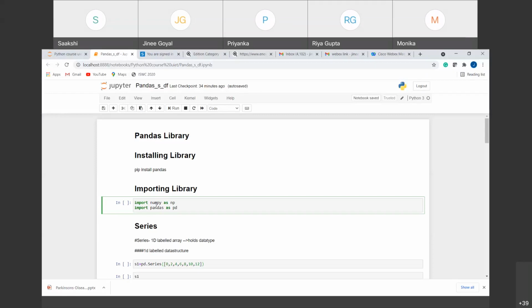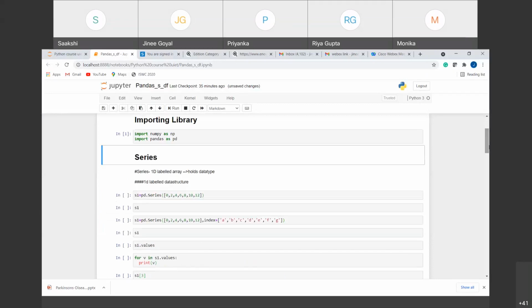In the similar manner, we are also importing the pandas library, and for that we are using import pandas as pd. So instead of pd, you can write any name that you want to call every time, right? So I am importing these two libraries. So you can see that the library is imported. If suppose you are not having the environment of the pandas or the NumPy library, then it will show you an error here that the package is not available that you are trying to find. So in that case, first install the library, right?